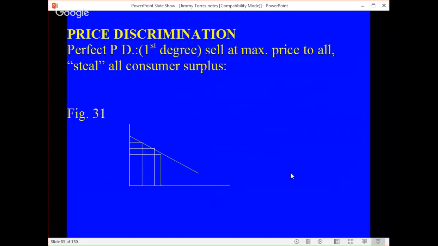All right. We're going to move on to price discrimination. Now, you can only have price discrimination if you have market power. So that's why we use it with monopoly. But price discrimination simply means that I can charge a different price to different consumers. Now, first degree price discrimination